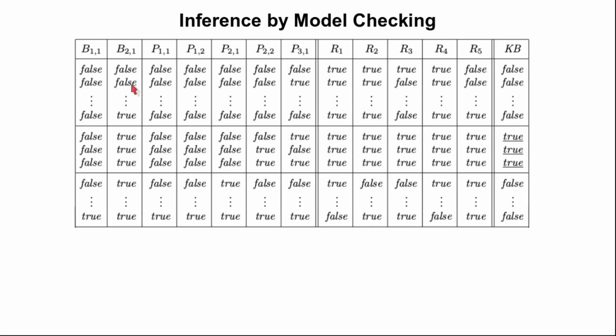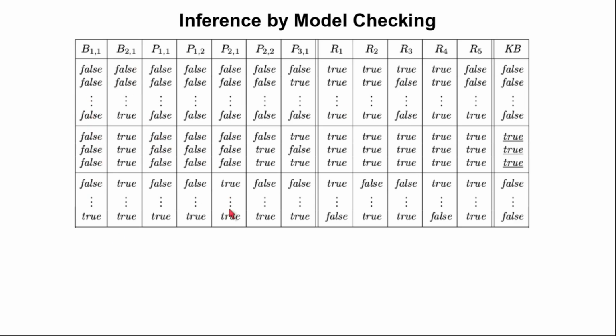And now we can have 128 rows. In the first row, all the proposition symbols are false. In the next row, all the proposition symbols except P31 are false. P31 is true here. Similarly, we can continue and create